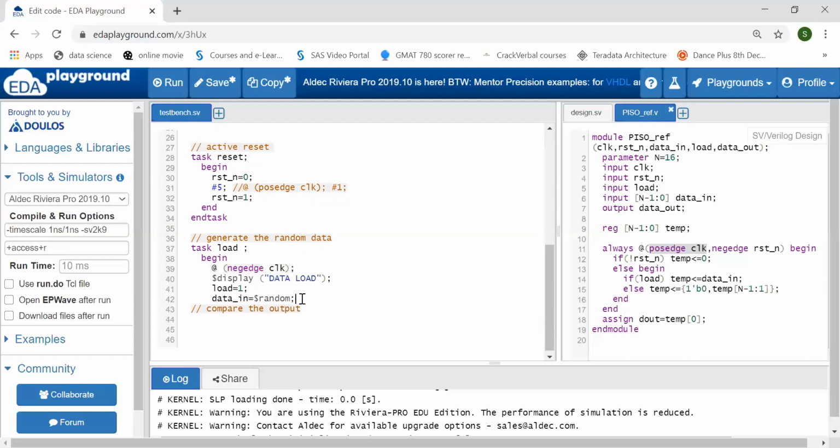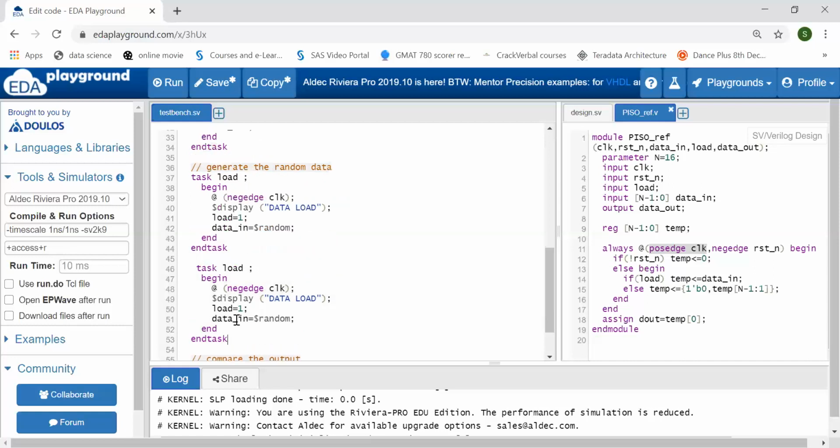Okay, so now same thing I can copy paste here. So this is to shift the data. This generates the data, or I can say to load the data.